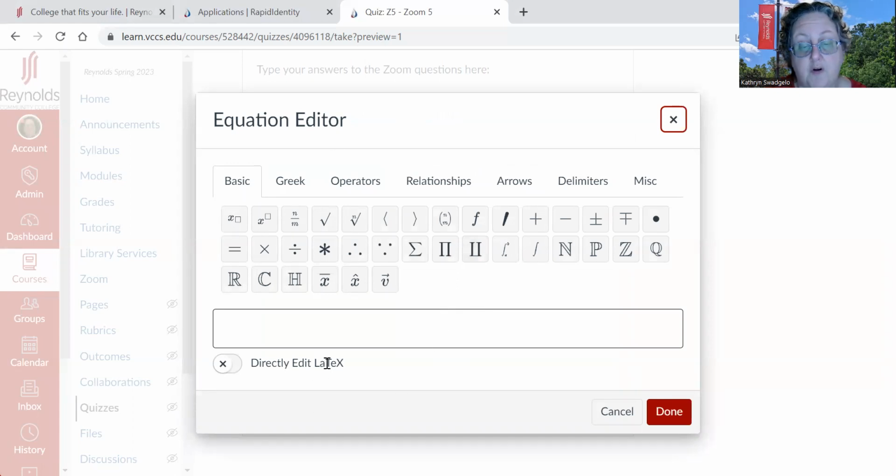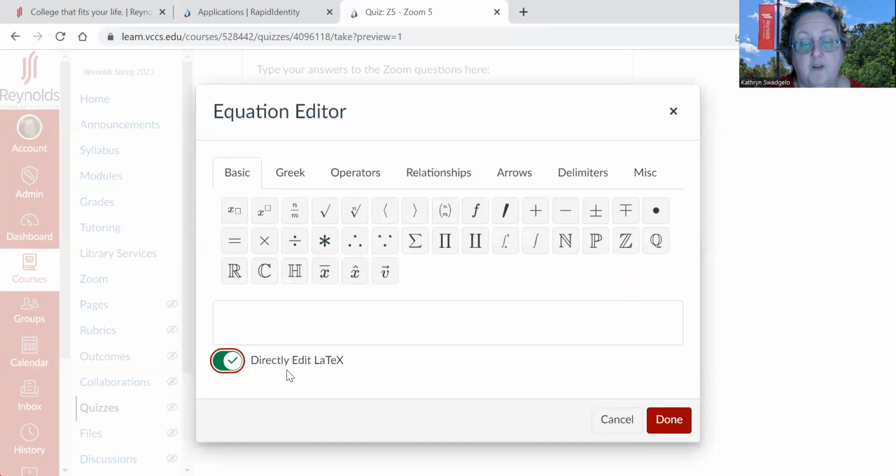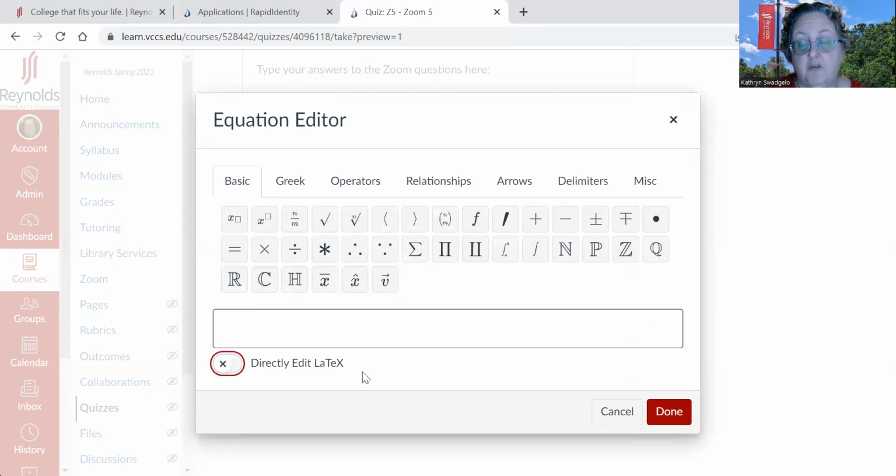If you are a programmer and you already know LaTeX, you can type in the LaTeX editing by turning that way. But assuming you don't, as most of us don't, we have this list here where we can find some of the symbols that we often use in math. So if you want a subscript, you just type the letter. So maybe I want X sub 1